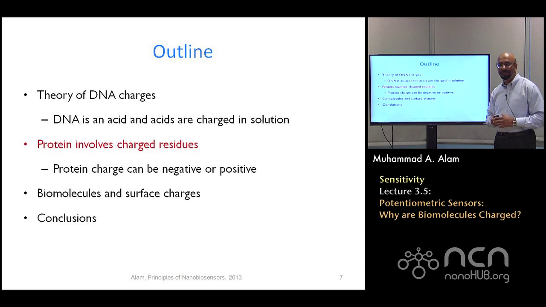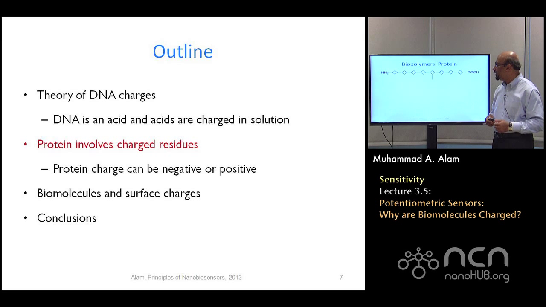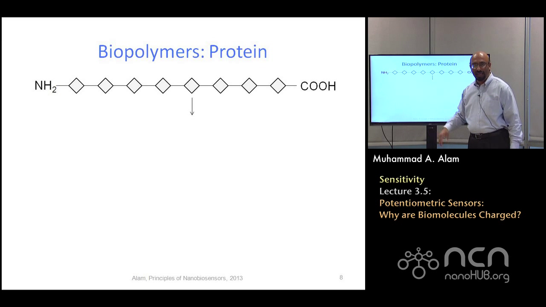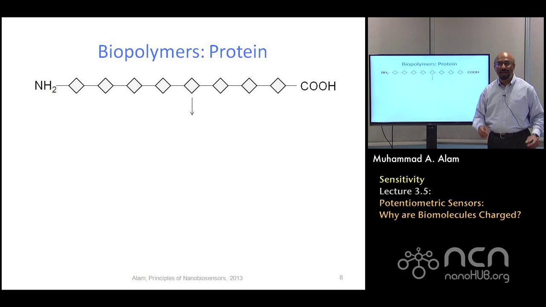Alright, that's about DNAs. DNA binding is necessary for genome sequencing, as we said. Let's think about a protein quickly and see what type of pH dependence a protein has. Again, pH dependence would be something that will perturb the charges associated with the protein. Recall that protein is also a polymer, very similar to the DNA, but the difference is this: